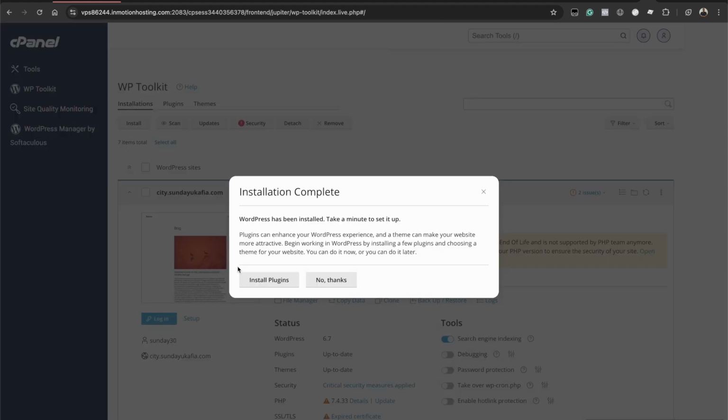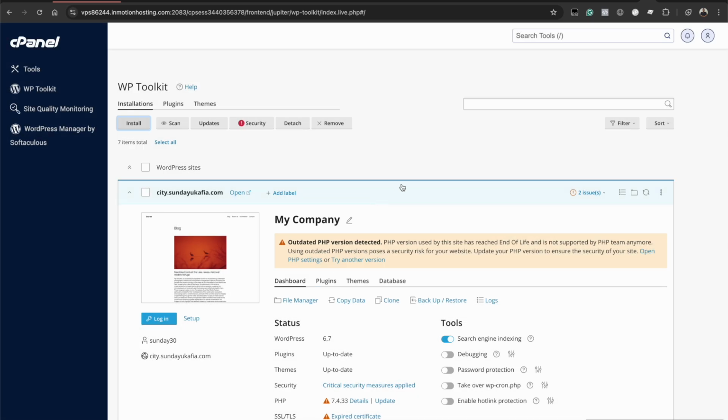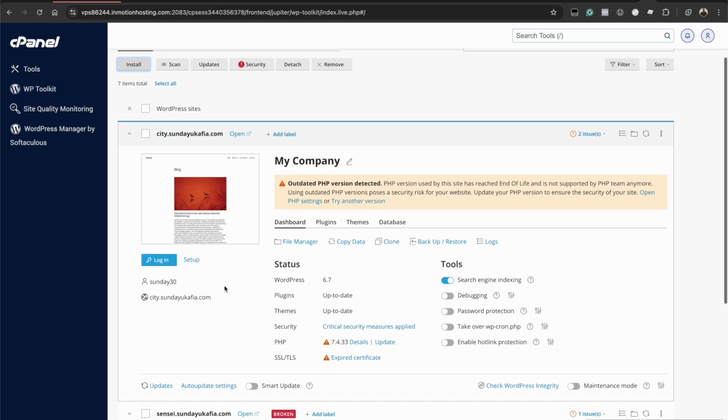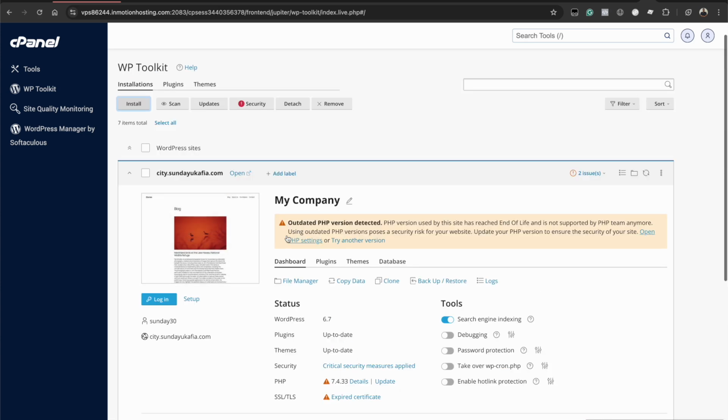There you go, the installation is complete. You can see it says WordPress has been installed. Take a minute to set it up? So you can just say no thanks. This just takes you to start installing plugins. You want to do that later on from your WordPress dashboard. So just go ahead and say no thanks. And then you can see here, WordPress has been installed on